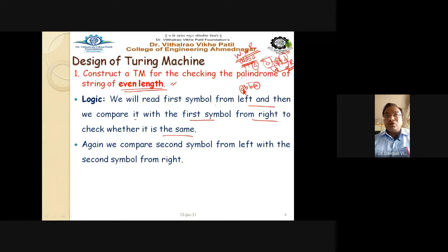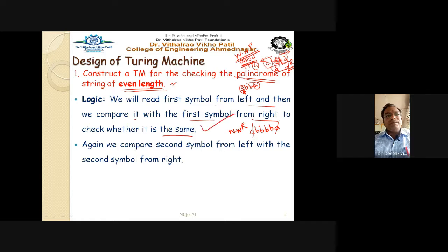Even length palindrome strings have the form W followed by W raised to R, with no symbol in between. If ABB is the string, the reverse string must be BBA, so the first letter must be the same as the last letter.